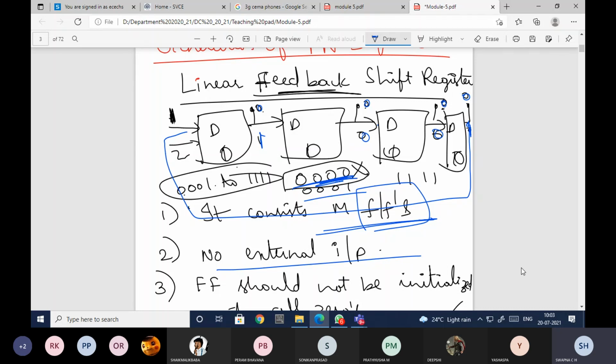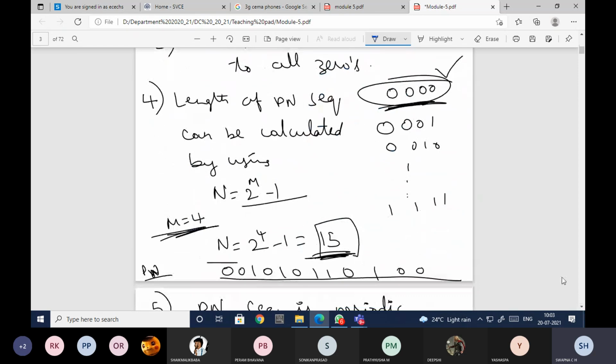If we want to find the length of that sequence, it is given by N equal to 2 power M minus 1, where M is the number of flip-flops we are using in the shift register. So N equals 2 power M minus 1. Here I've taken one example: if I have 4 shift registers, then N equals 2 power 4 minus 1, which is 15. So my PN sequence will consist of 15 bits, and after the 15th bit it will again repeat the same one.